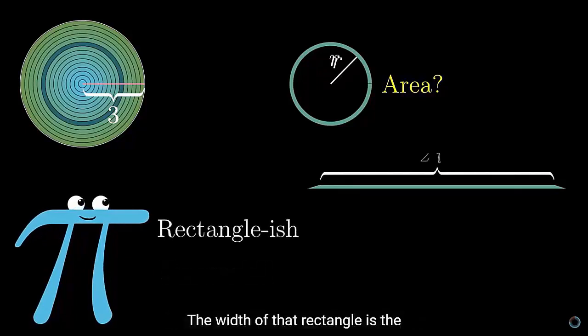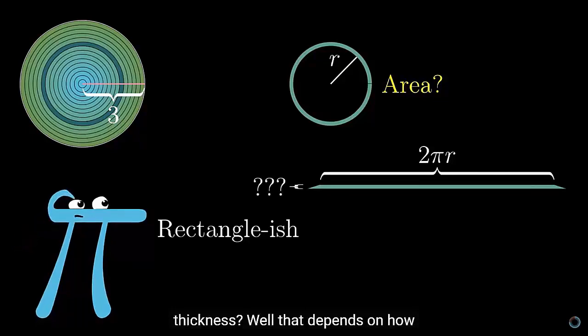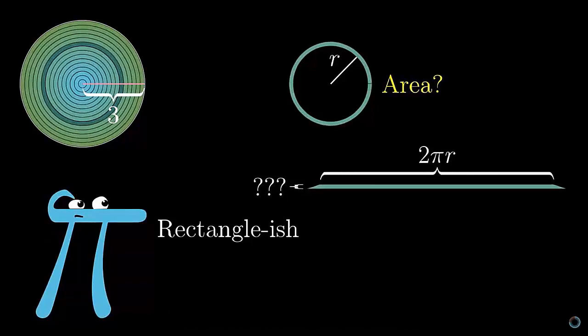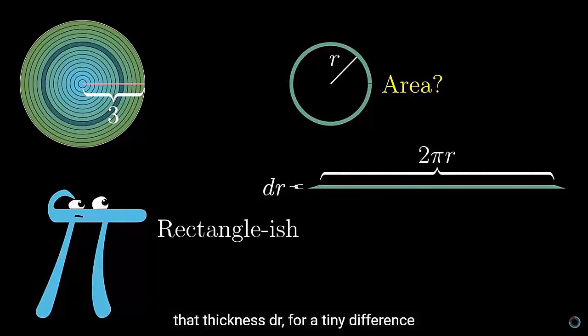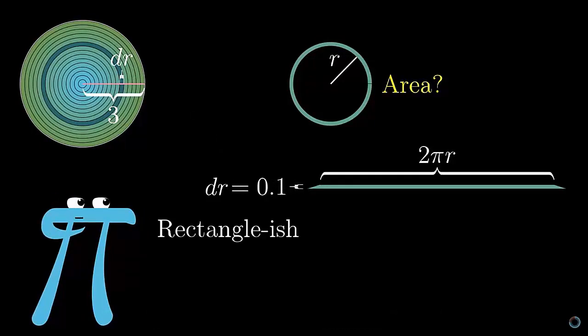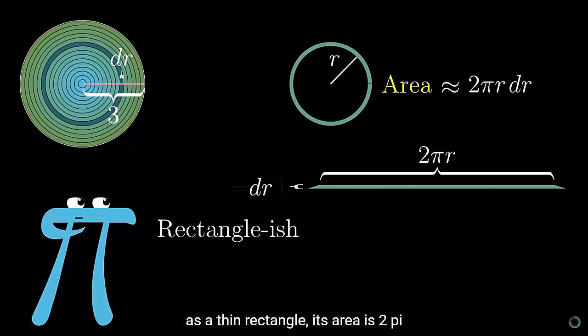The width of that rectangle is the circumference of the original ring, which is 2 pi times r, right? I mean, that's essentially the definition of pi. And its thickness? Well, that depends on how finely you chopped up the circle in the first place, which was kind of arbitrary. In the spirit of using what will come to be standard calculus notation, let's call that thickness dr, for a tiny difference in the radius from one ring to the next. Maybe you think of it as something like 0.1. So, approximating this unwrapped ring as a thin rectangle, its area is 2 pi times r, the radius, times dr,